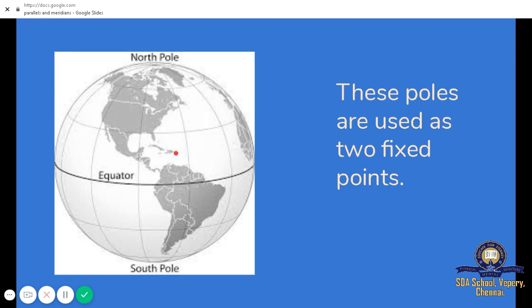All parallels are located at an equal distance from each other. From the equator to the first parallel line, it has some distance, right? That distance is completely equal to the distance between the first parallel line and the second parallel line. Each parallel line has equal distance from each other, and the parallel lines neither touch